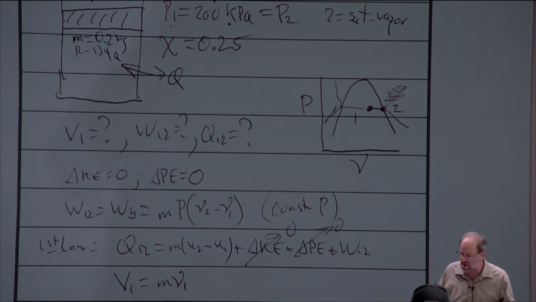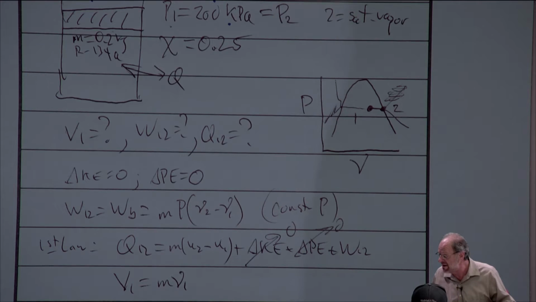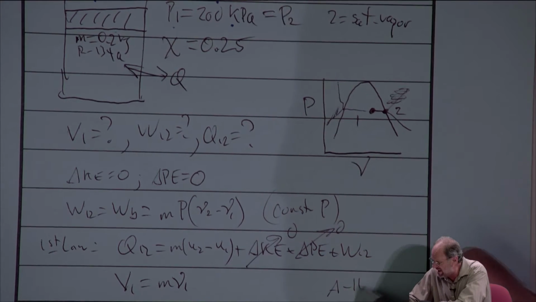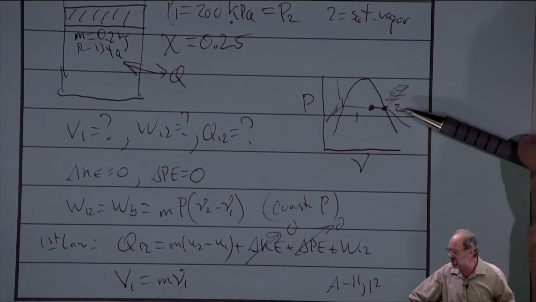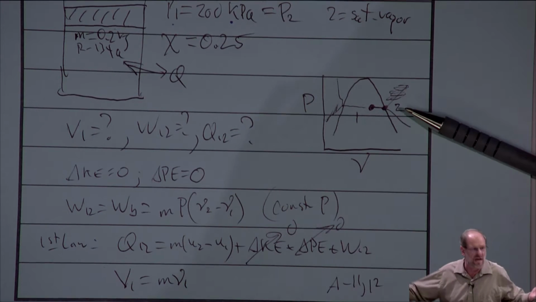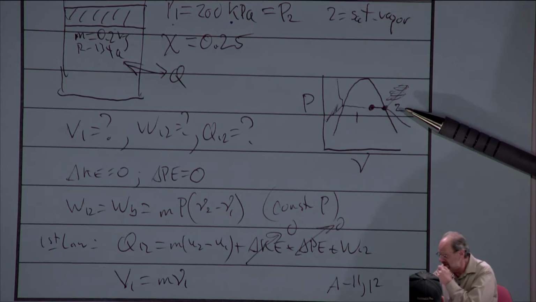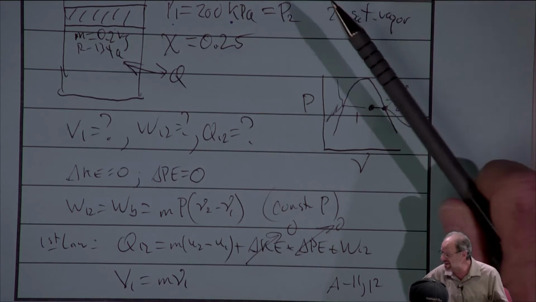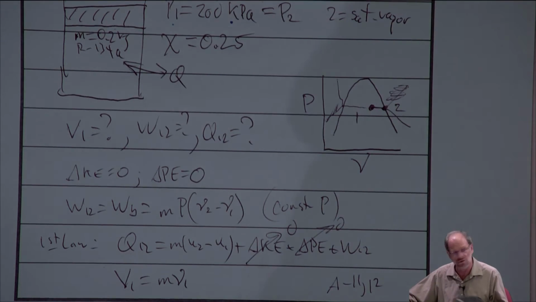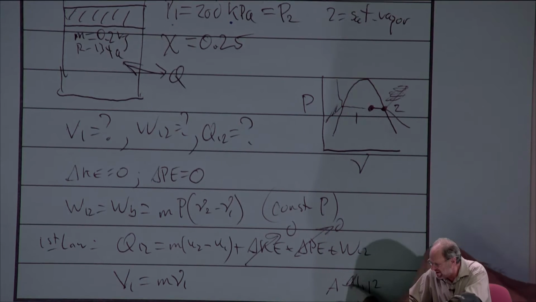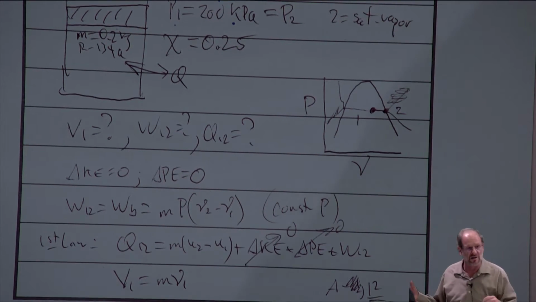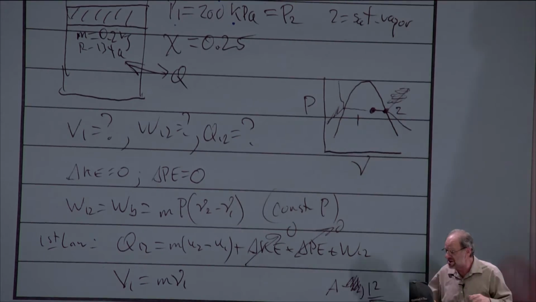So now it's just a matter of going through a little bit of mathematics. I will note that because we're talking about R134A and we're in the SI system, we're going to have to use tables A11 and A12. A13 is the superheat table, but we don't have superheated vapor anywhere in the problem, so we'll just use A11 and A12. And in fact, we really don't have the temperature anywhere in the problem either. We're given pressure at points 1 and 2. So really, it's just A12, our saturation pressure table, that we're going to use. So all the data is going to come out of there.